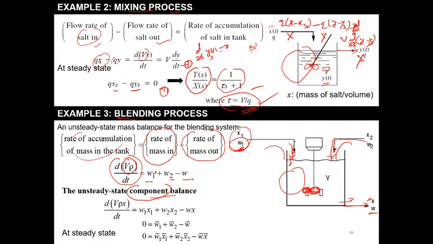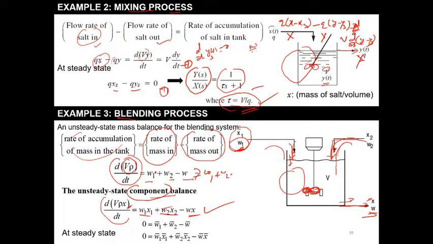whatever their concentration is there. So W1 x1 plus W2 x2 minus Wx, right, is equal to d/dt of what? d/dt of V rho x. Is it clear? Yes or no? d/dt of V rho x is equal to W1 x1 plus W2 x2 minus Wx. It is written here. At the steady state, what will happen? At the steady state, this equation becomes